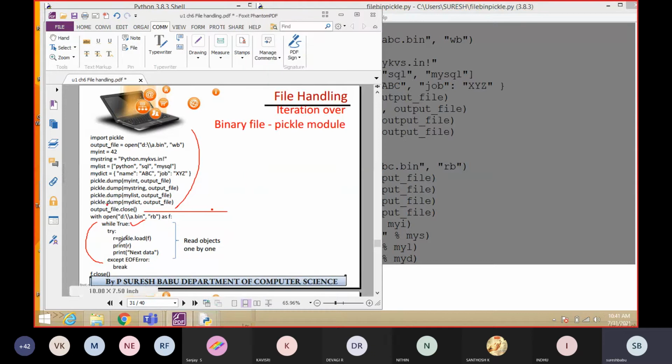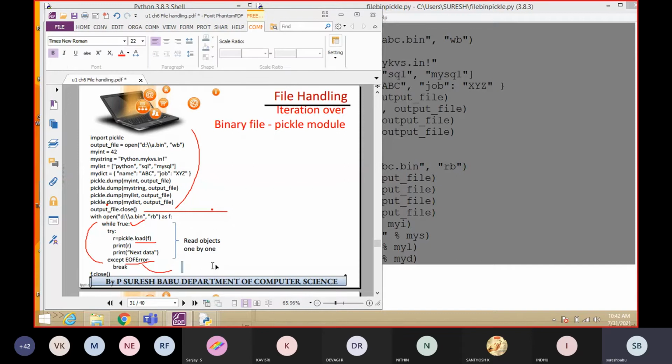We are setting the condition like this: while True it will load the information from the file. When it gets the error, what is the error? EOFError. EOF error means end of file error. Kindly everyone note down: EOF means end of file. End of file means we reached the end of the file. After that there is no need to read the data.